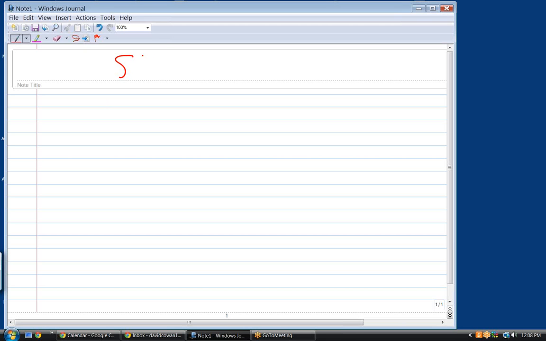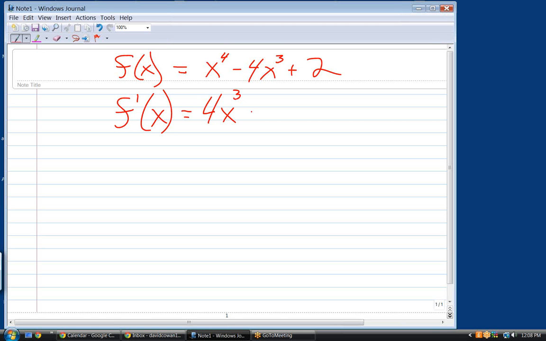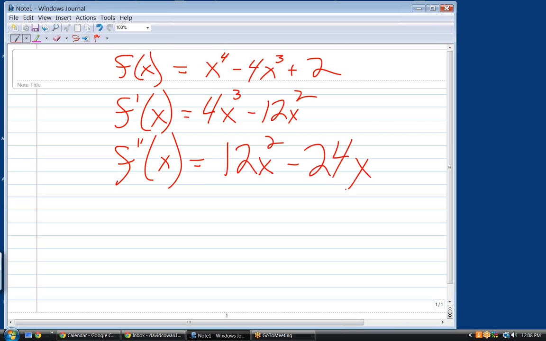F of x equals x to the 4th minus 4x cubed plus 2. What's the first derivative of it? 4x cubed minus 12x squared. And what's the second derivative of it? 12x squared minus 24x. Okay. So the function itself is going to be concave up